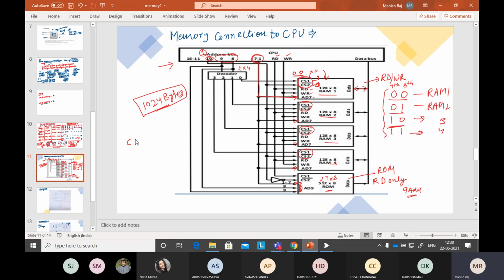This CS1 and CS2 bar. When I am selecting the 8th bit as 0 and the 9th bit as 0, in that condition, that will be for RAM 1. For RAM 1, that will be 1 and that will be 0. By the decoder, this type of signal will reach here and you will select. Otherwise, these RAMs will not work in that condition. So you are selecting this chip only. Okay, it will be remembered.